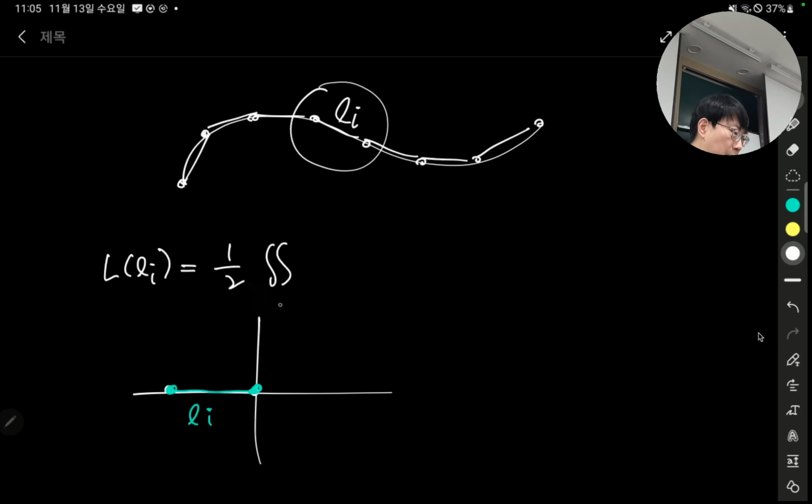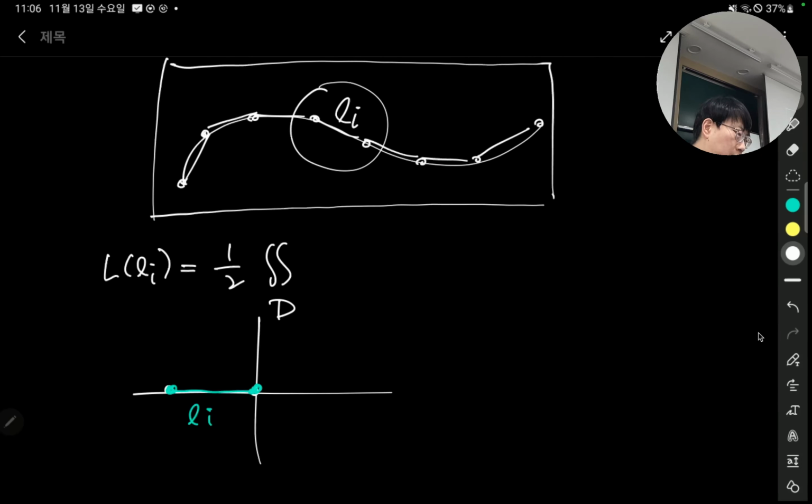of the entire domain. Let's say the domain is the rectangular box that contains the entire curve. So this is our D. What I'm saying is that we have a rectangular region R, and D is the region inside of the rho-theta plane whose image is R. Okay, so